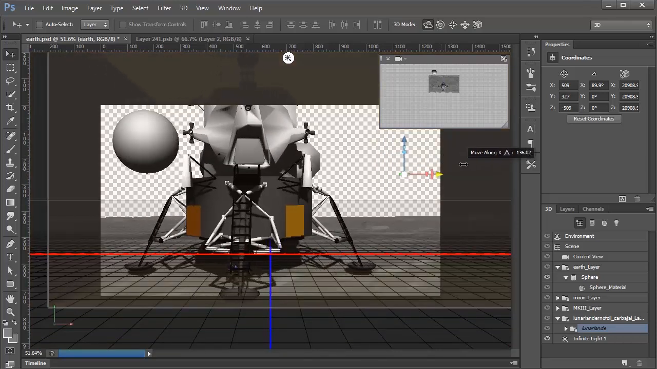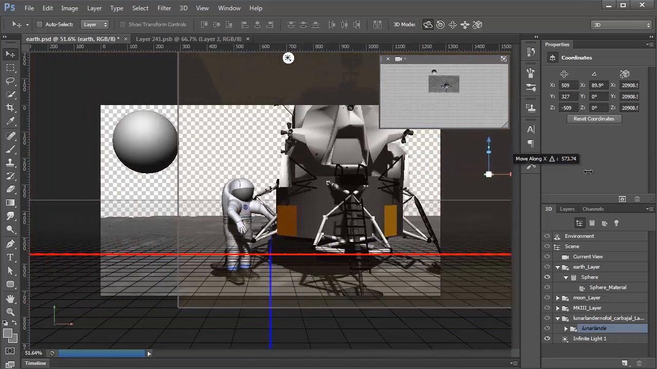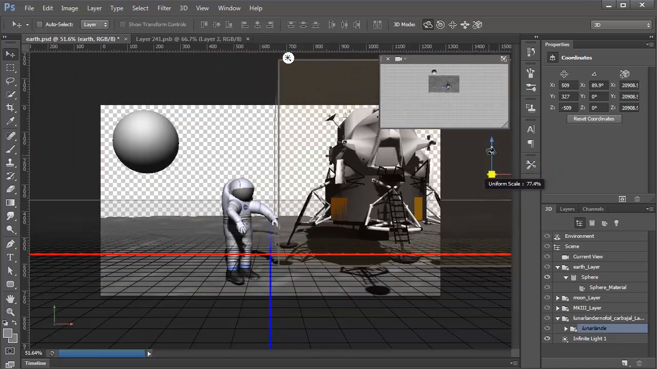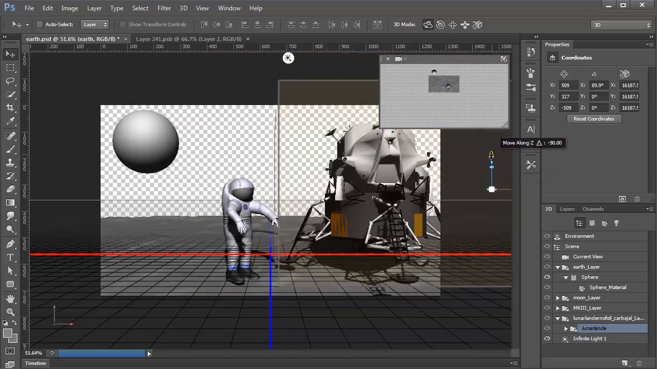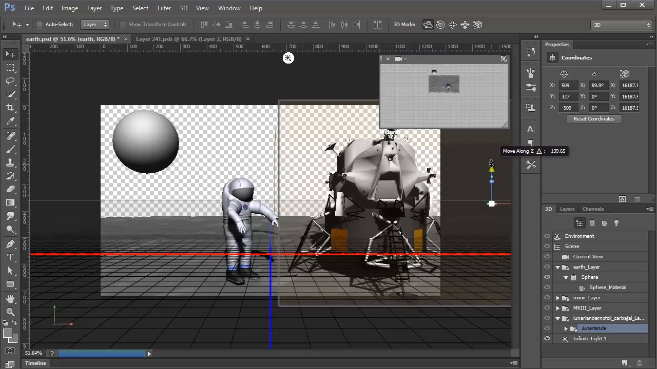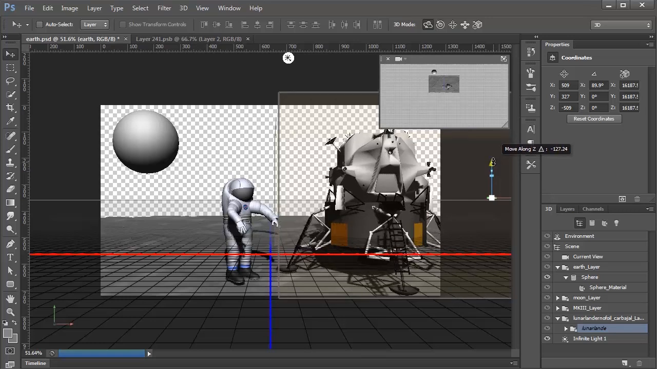And in reality, I don't know how big this thing really is, so I'm just estimating, and that might be a little too big, so I'm just going to make it smaller. And the astronaut is working on it or trying to fix it. I don't know. We can make up whatever story we want for this illustration,